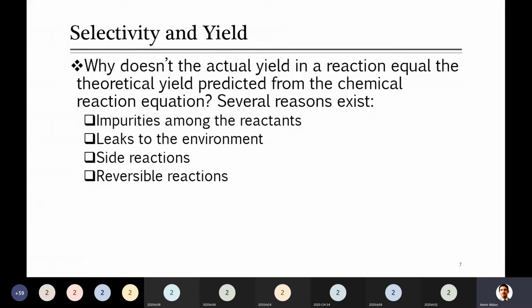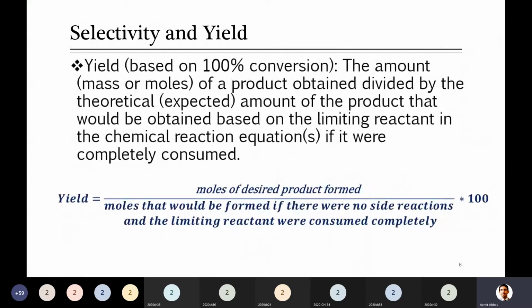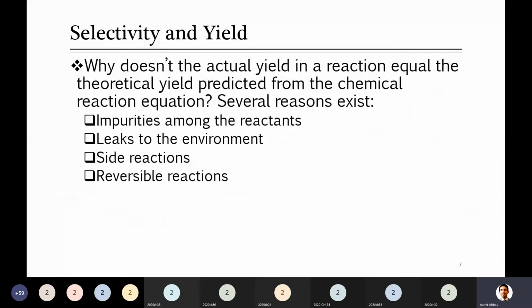For example, you did the calculation based on this equation, and you found that only the first reaction will take place, and the yield should be 1. But at the end of the day, 2 other reactions are also taking place. So your actual yield will be less than the predicted yield or theoretically calculated yield. Here he explained the various reasons behind that. The first reason, which you know and is provided here at the third point, is the side reactions.